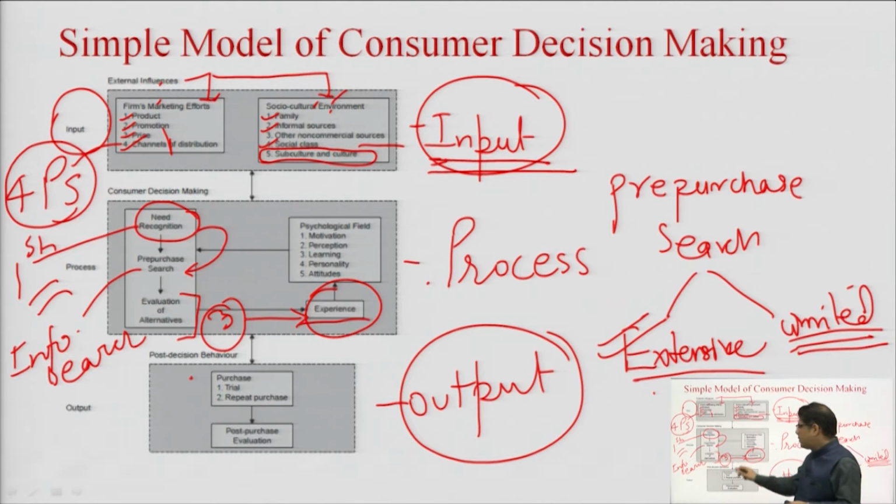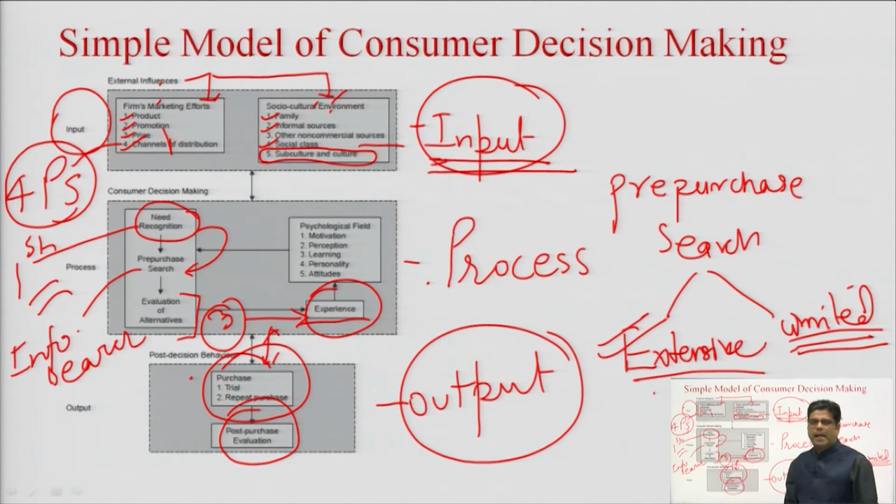So, this experience of the product will come after the purchase is made, and there will be some post purchase behavior. So, the purchase will be followed by trial, repeated purchases, and then their post purchase evaluation will be happening. Means to say that after evaluation of alternatives, the next step would be to purchase the product or to have a trial, and after the trial, that particular product or the service will be purchased by that consumer, and once the product or the service is purchased, the consumer will use it,